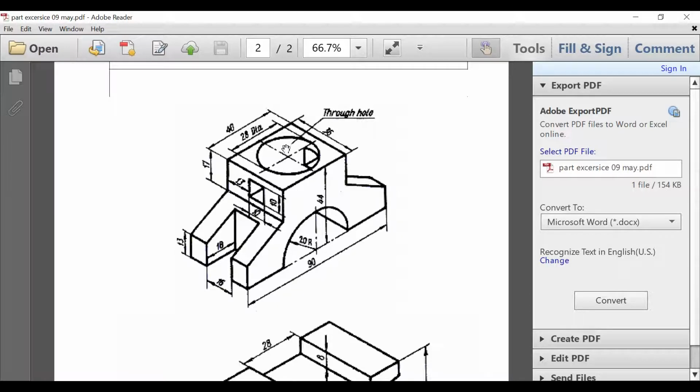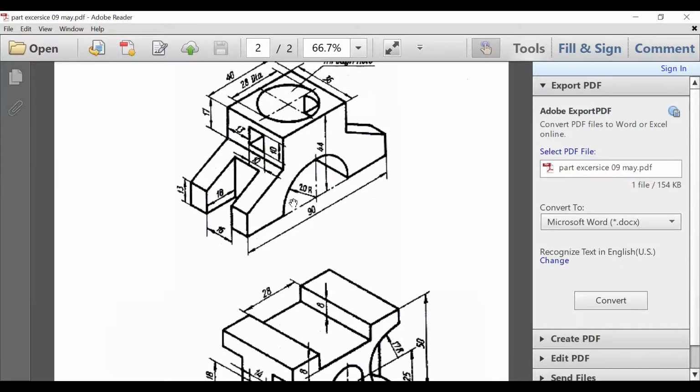After getting this basic shape, make a through hole from the top and make a slot in the left portion and the right portion. And the final step is to make a slot from the right portion, that is from the side. This procedure you have to keep in your mind: this is my first step, this is my second step, this is my third step. That procedure you need to figure out before jumping into three-dimensional modeling, irrespective of software.